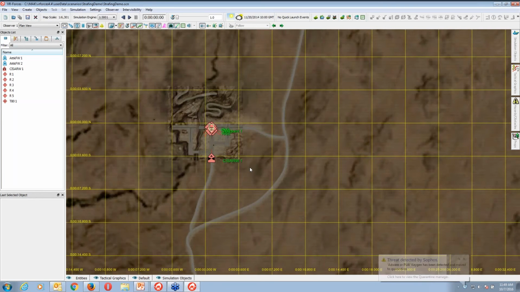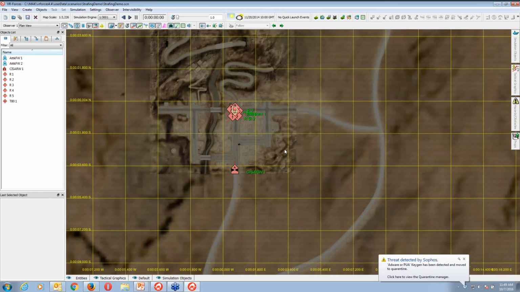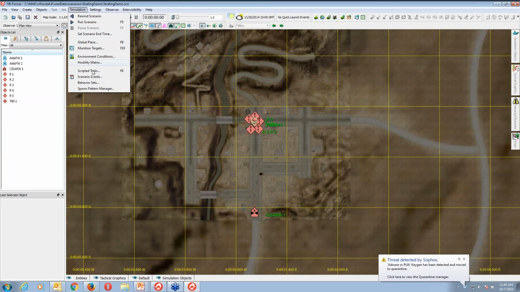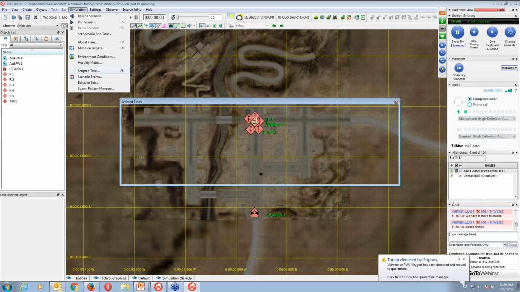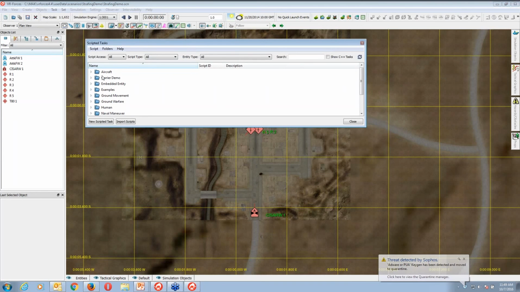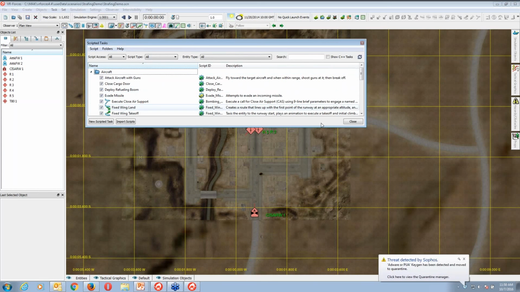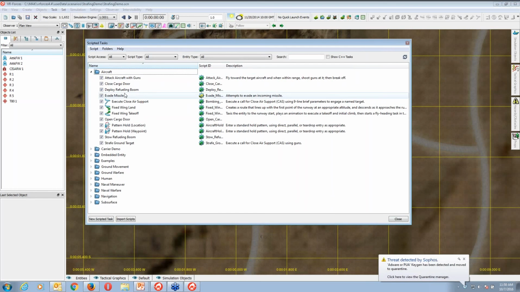Yes, in that scenario we have very good features: scripted tasks. Your scripted task is based on the Lua scripting language. You can change your currently executing task or tasks, and at runtime it responds instantly. We already have scripted tasks attached to these aircraft, carrier demo, and embedded entity. In aircraft we have: attack aircraft with guns, close cargo doors, deploy, execute close air support, fixed wing land, fixed wing takeoff.